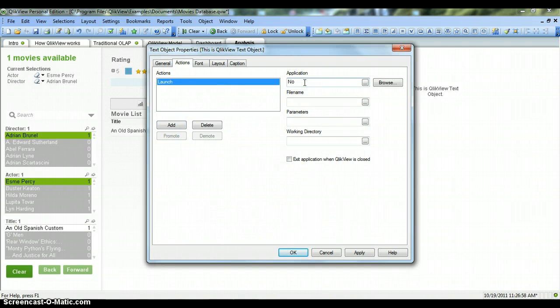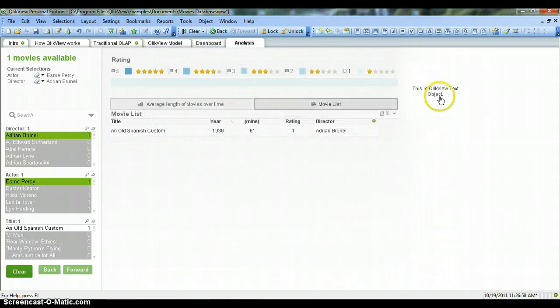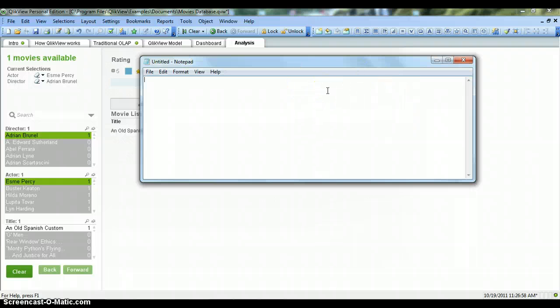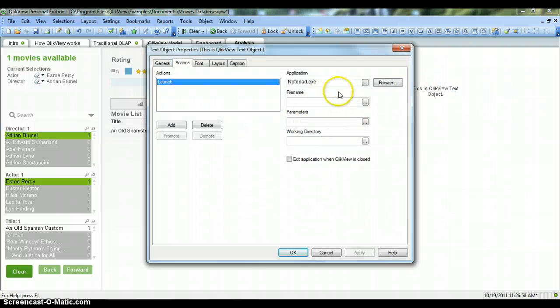So for example, notepad.exe, and I say apply. Okay, so now let's click on this, and notepad is open for me. So with these predefined set of properties, you can do very cool things with QlikView to make it more and more user friendly. So let's click on delete for now,